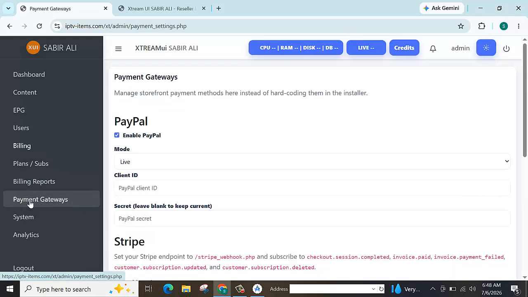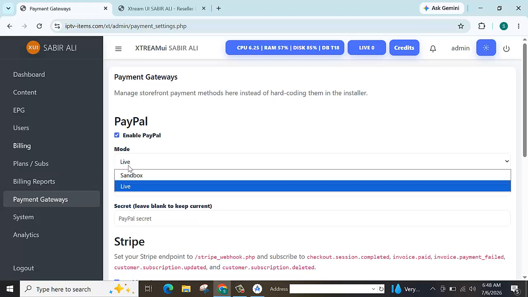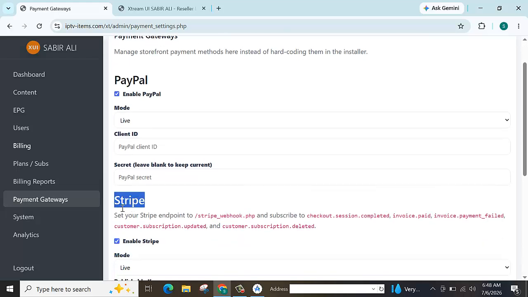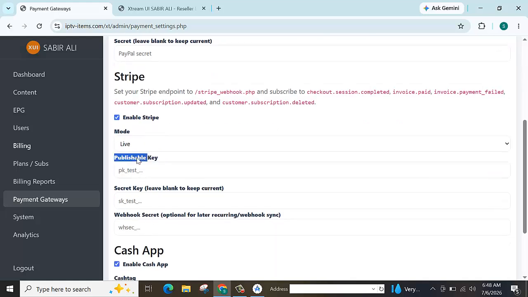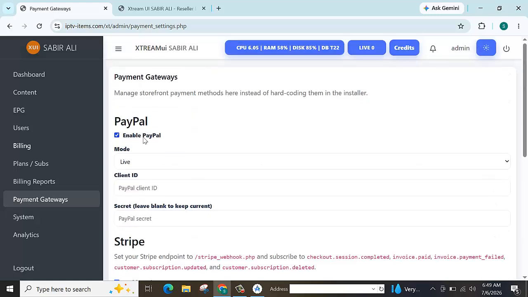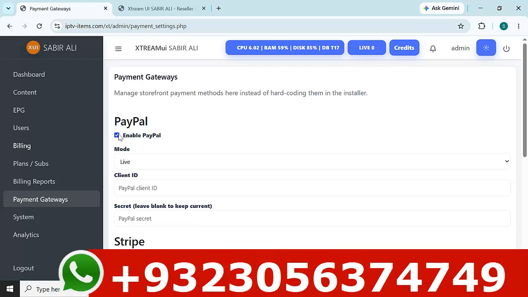So after you add this payment gateway for this working here, PayPal client ID and secret key add, and this option Stripe, same for this key add here and secret key add, and this enable and save. Now it shows your application all packages automatically activate, for example just like Netflix, Amazon Prime is same for this working here, your application and